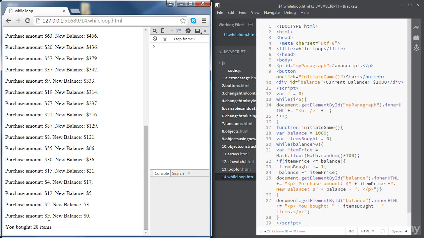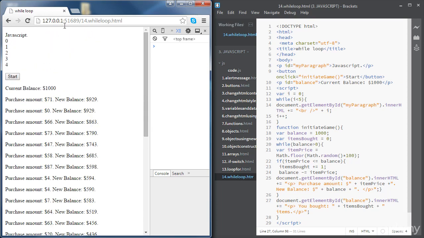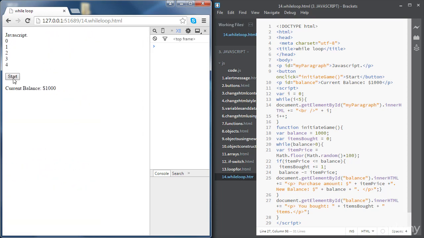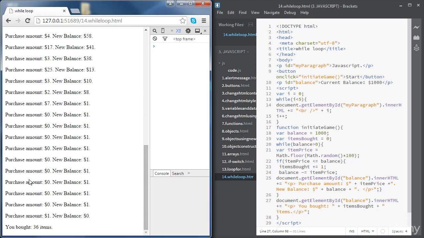Now it's working, and we can see that at the end we can see how many items we have bought. So 28 items. Let's refresh the page and run again. 36 items. Okay,